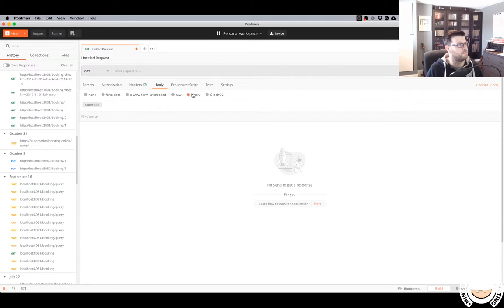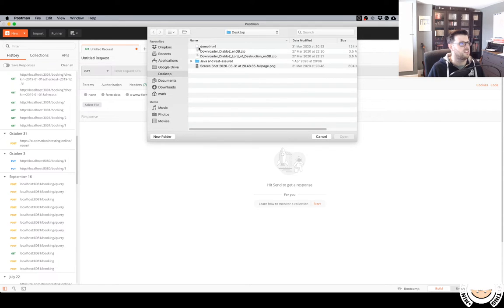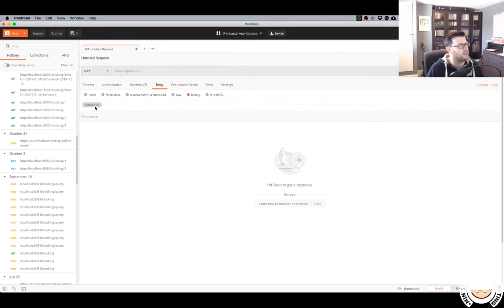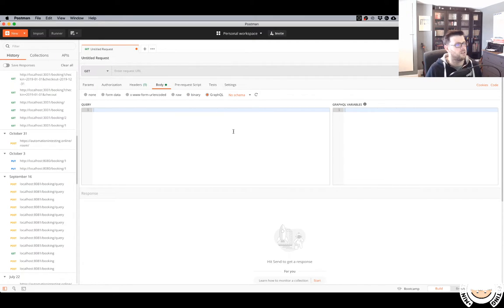But then there's also this binary option here as well. I believe this is probably more in the uploading files space. So if you're trying to simulate HTTP requests where you're uploading information, you would do it there. And then GraphQL is quite a new approach to APIs. It's still using HTTP, but